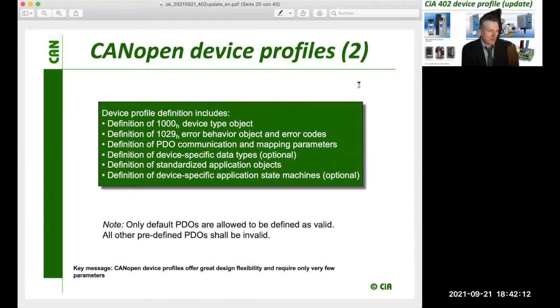And this is a good thing, so you don't need to design new software every time to operate your drive, but you could design the integration of generic software which handles 402 parameters, 402 configuration and operation, and you could use it with almost every CANopen 402